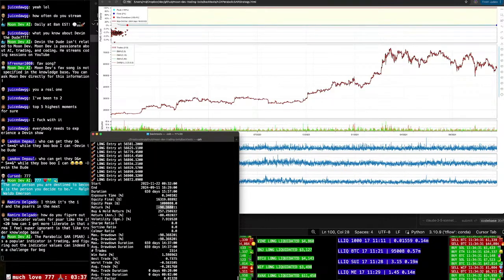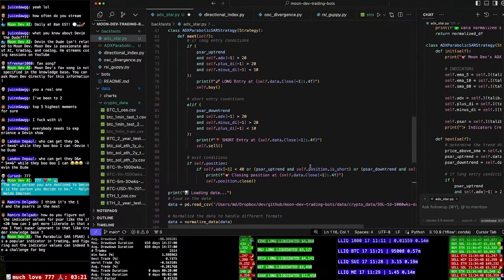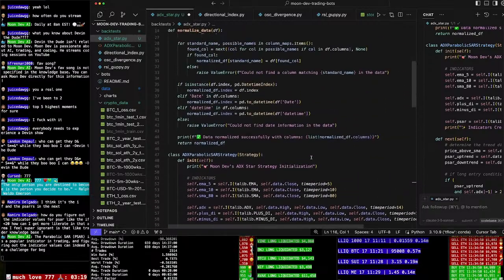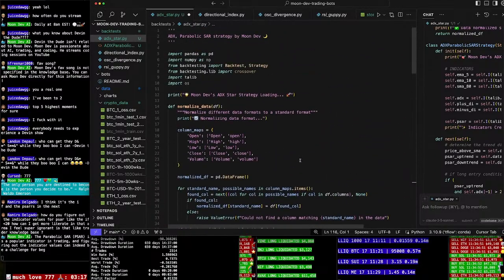98%. How do you figure out the indicator values for PSR, like the if 20? How can I get more literate in that area? I feel super ignorant in knowledge base. Yeah, dude, you just kind of gotta, I'm not gonna sit here and explain all of these things, unfortunately, but the best way to do